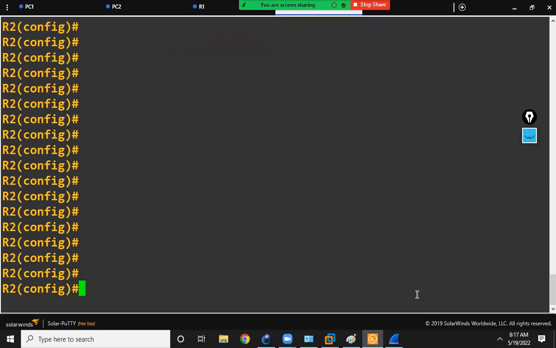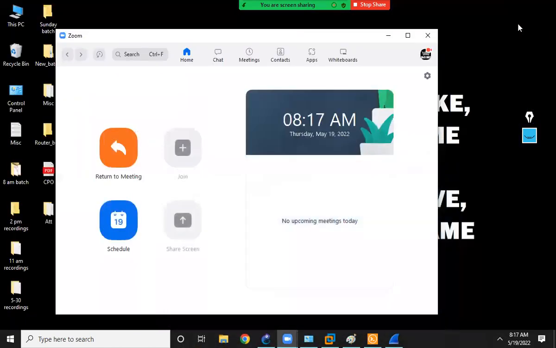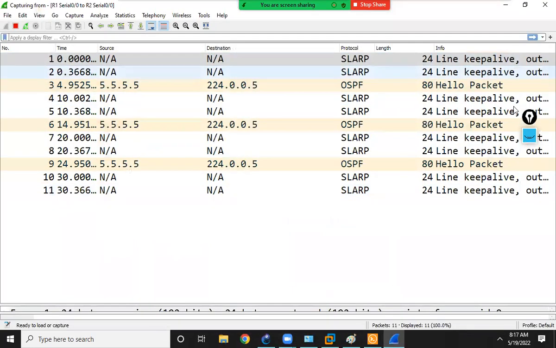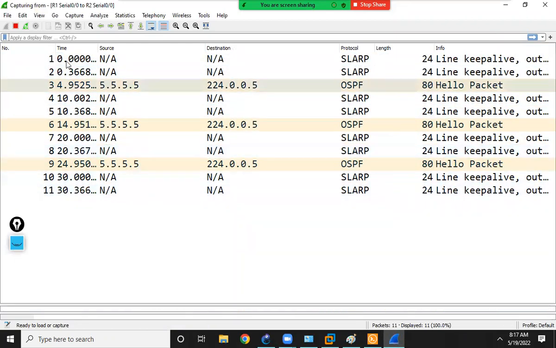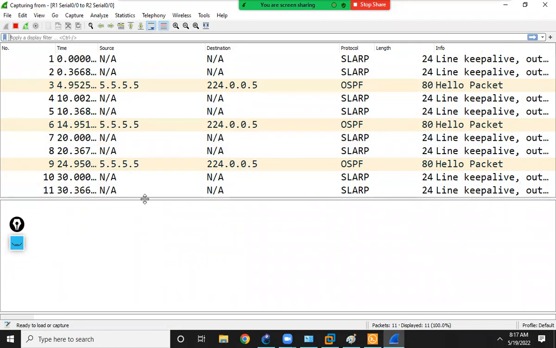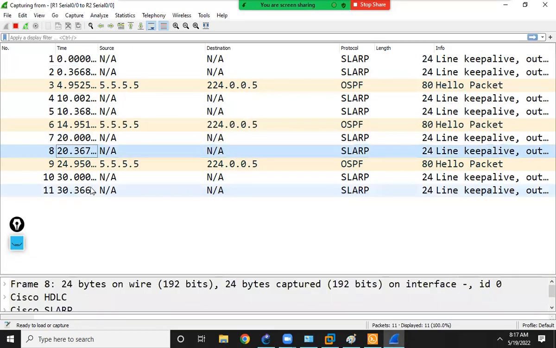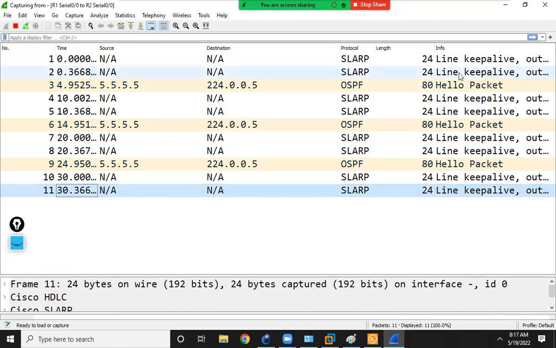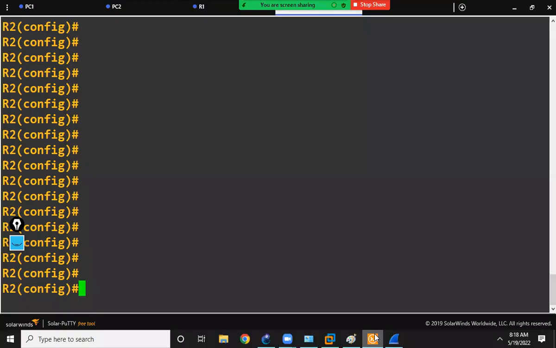OSPF done. Now I've captured the packets, so let me show you the captured packets. What happened here? Hello, they have sent. Something happened here, guys, just give me a minute. Yeah, 3 hello packets, but the rest of it is not showing. Might be some problem with the